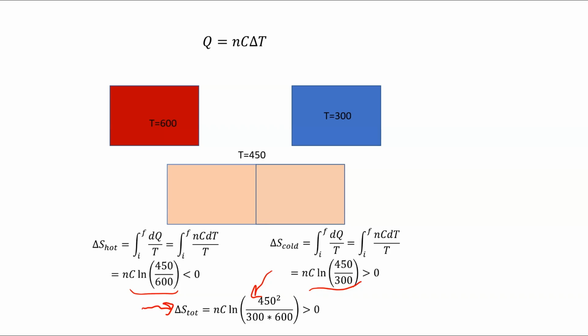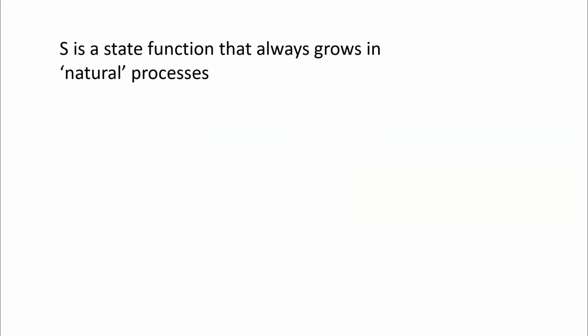I don't pretend that I've proved the second law of thermodynamics to you. In fact, there's no way to prove the second law of thermodynamics. All we can say is that it's consistent with our experience that every single naturally occurring process we look at, the entropy is this thing that tends to grow bigger. This is really curious because we just made this function up as a mathematical trick. It's a property of the gas. I don't know what it is, but apparently the way things work in the real world, this property has to always increase. That is amazing.